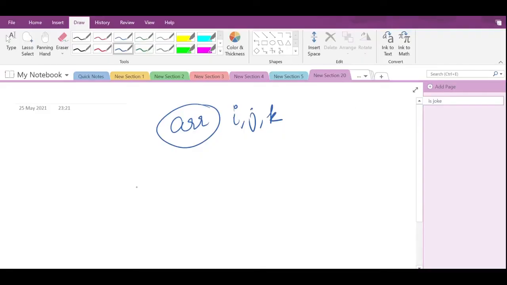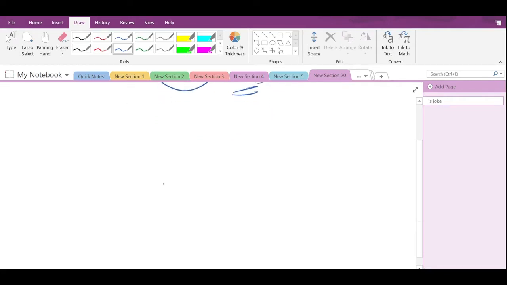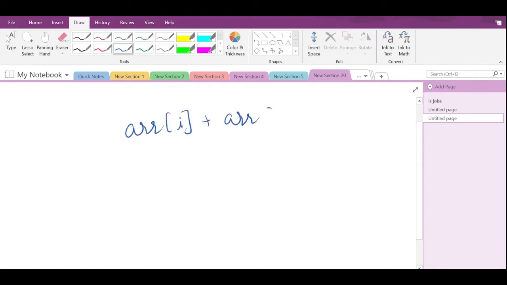Let's think of just finding these three numbers. Will you agree with me that if array[i] + array[j] + array[k] equals 0, we need to find such i, j, k.